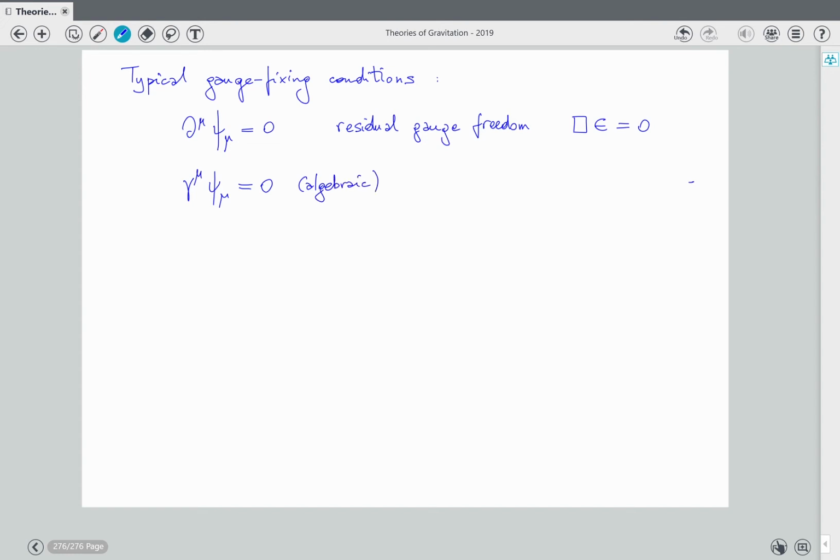What is the difference between an algebraic gauge fixing condition and a non-algebraic one? Since it is algebraic, it could be solved by eliminating some components without having derivatives disturbing the solution. But it's not normally done, so it's not particularly useful. And the residual gauge freedom